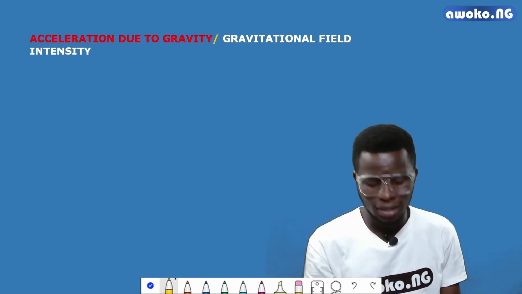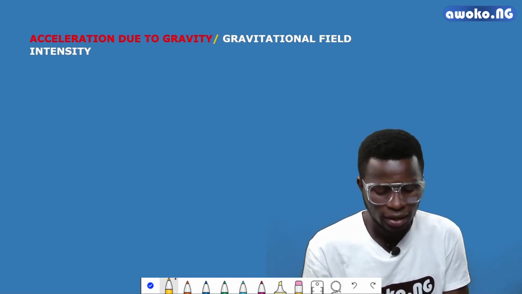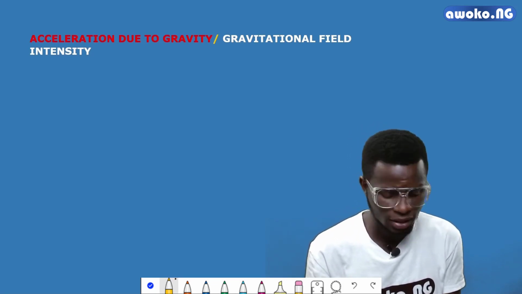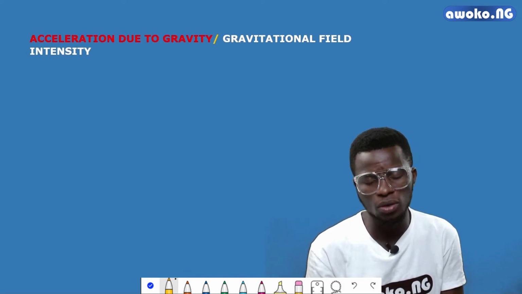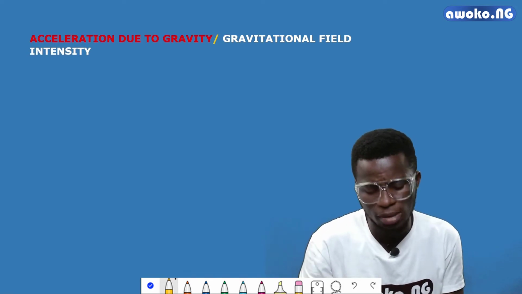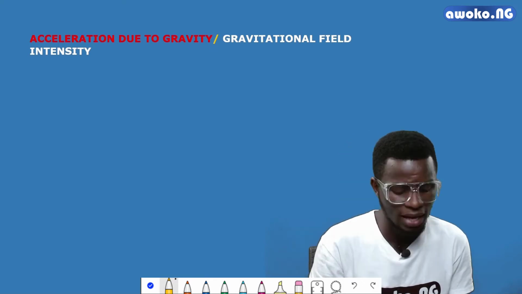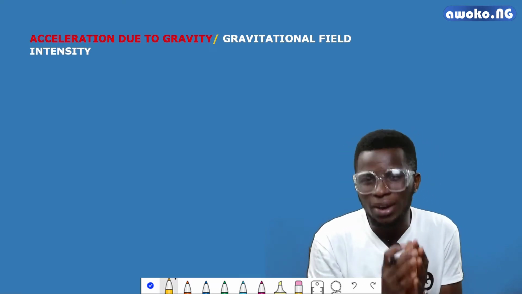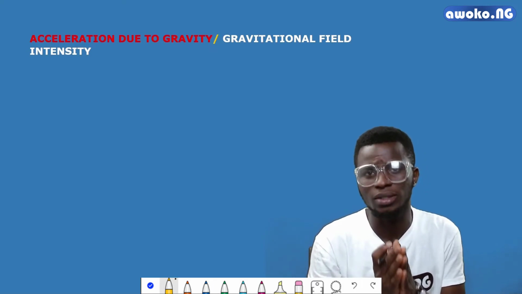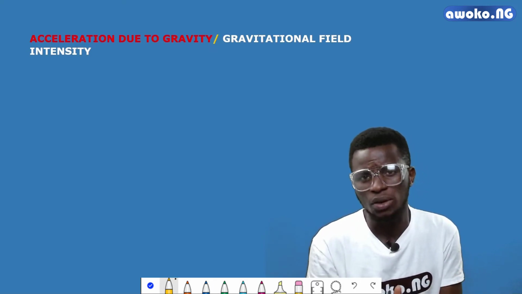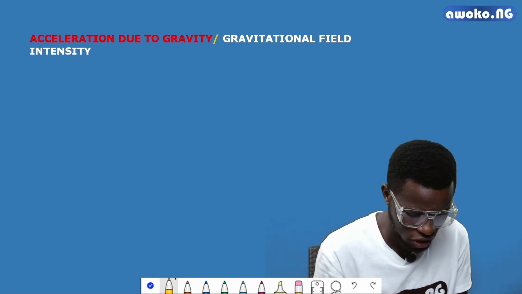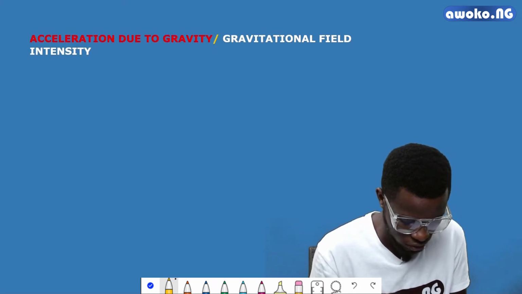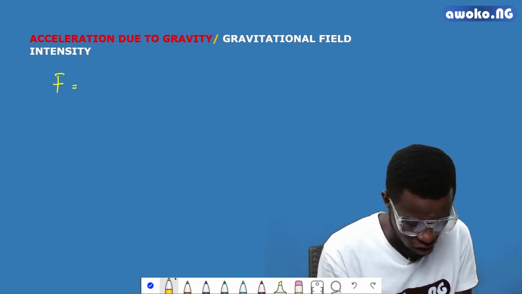So looking at the acceleration due to gravity, or the gravitational field intensity, we can say that it is referred to as the force per unit mass of an object, and it is responsible for the weight, or the force, an object experiences on the earth. Okay, we can recall from what we have initially about the force of attraction that force is equal to G m1